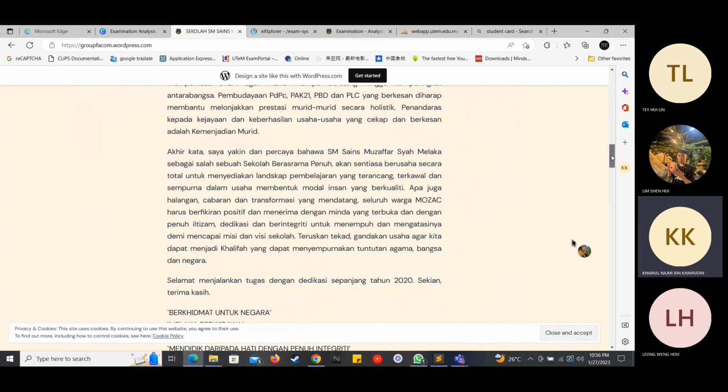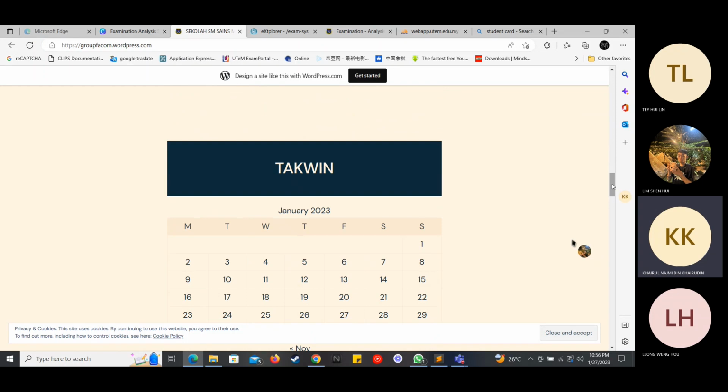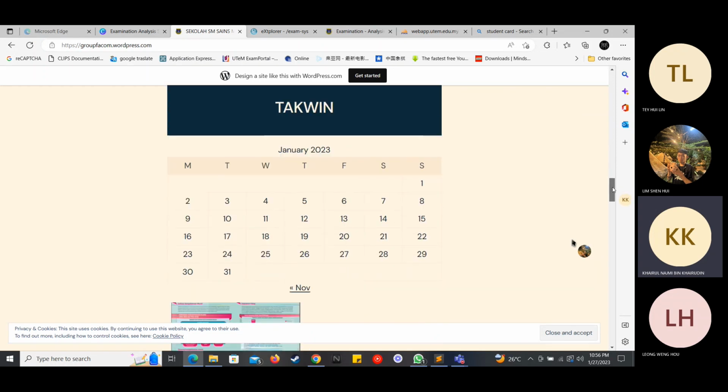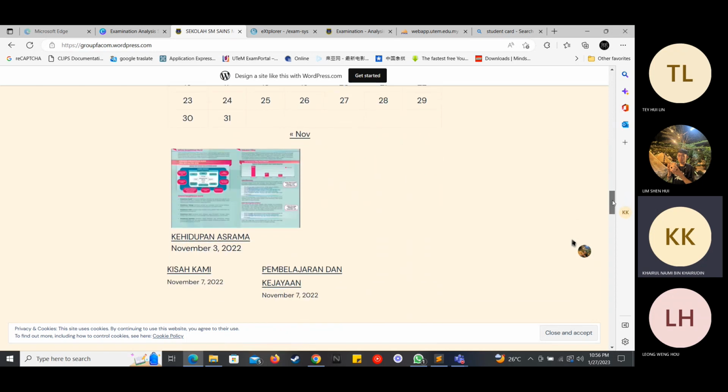And then after that, we have the takwim or the calendar for the school for either incoming events or the SPM countdown. And then after that, we have the event section with kehidupan asrama, kisah kami and pembelajaran kejayaan.